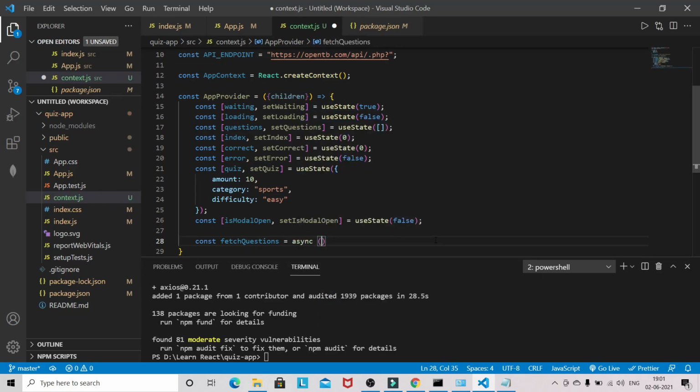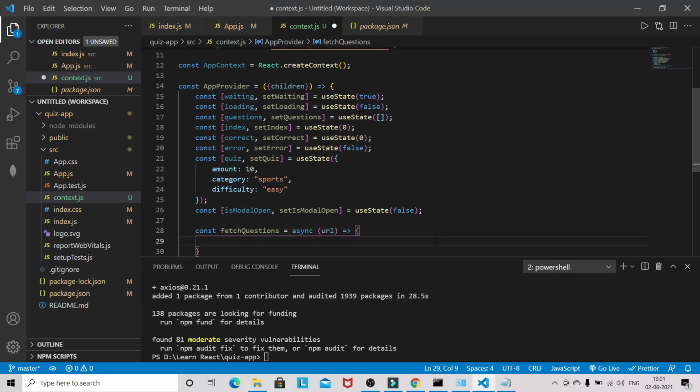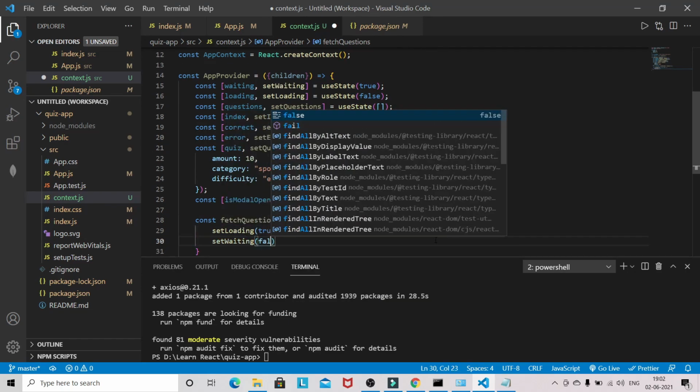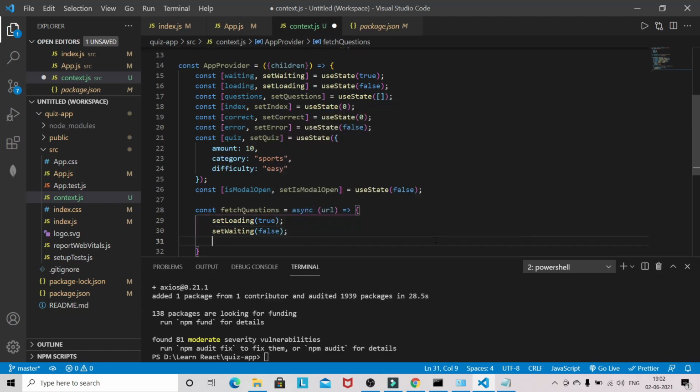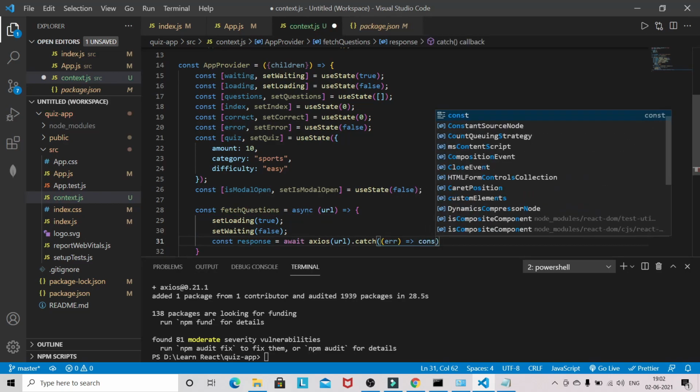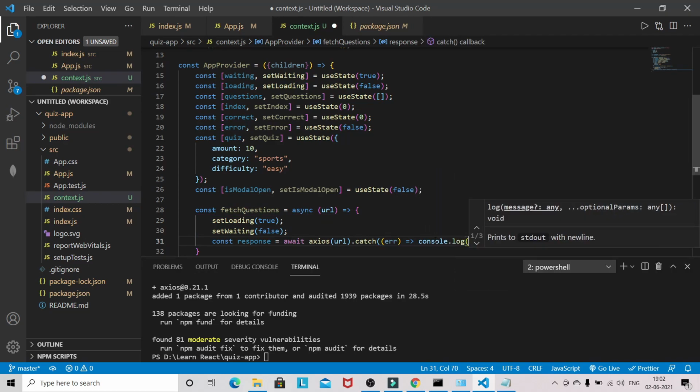So async, URL, setLoading true, setWaiting false, const response await axios URL dot catch. So if there is any error, we will do a console log.